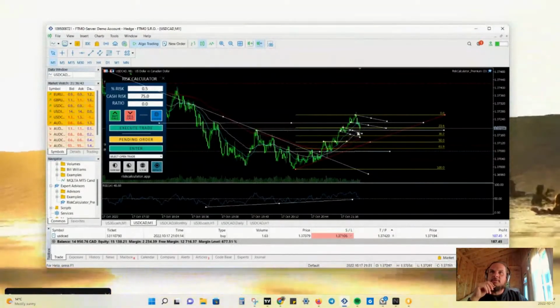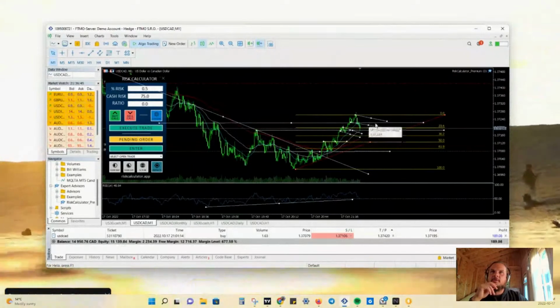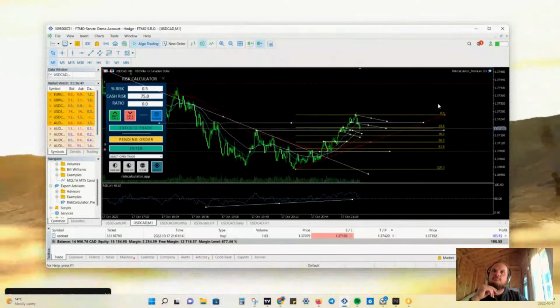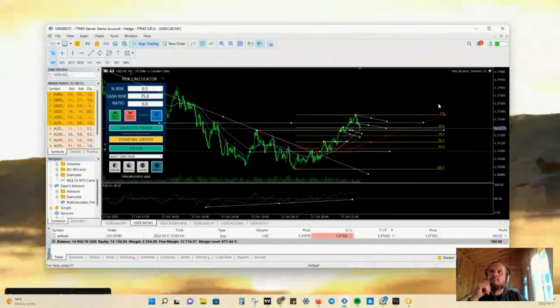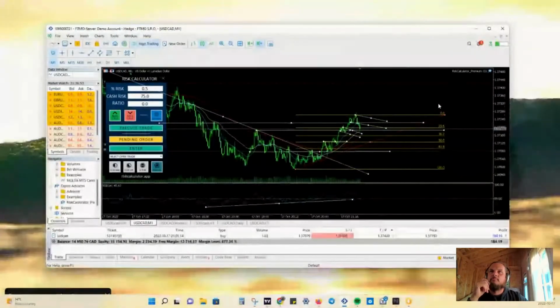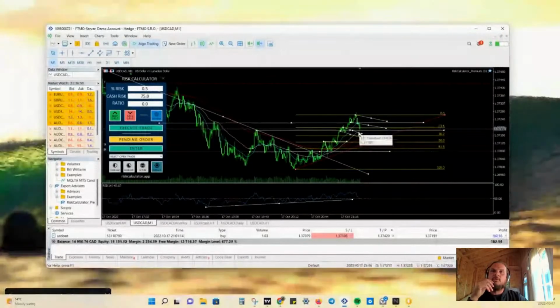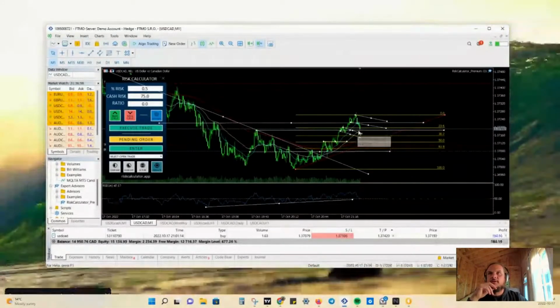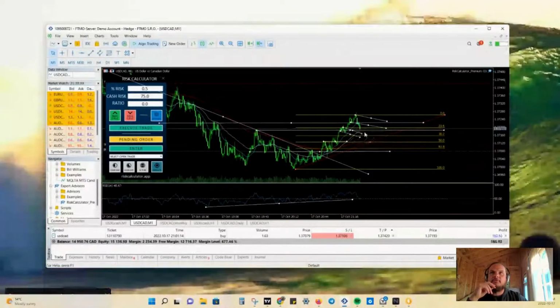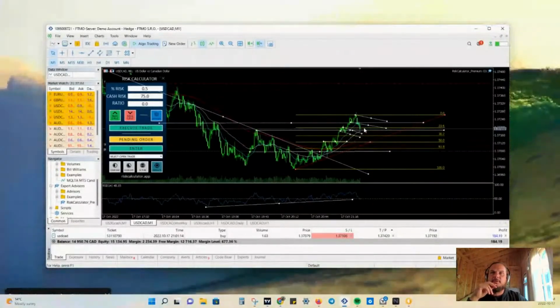Of this support, we're gonna get some support off here, push back up in here. This is the 21 period moving average. Could be a bounce off here, but when I see it steep like that,